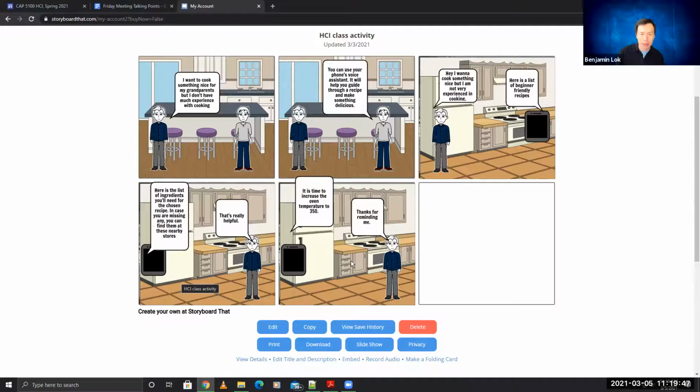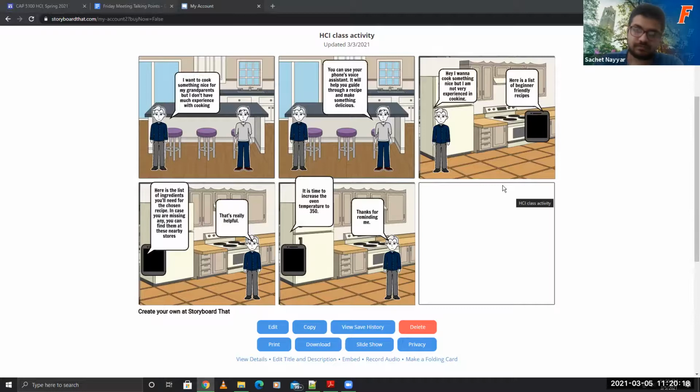Okay. Yeah, I like that you focus on things such as beginner friendly ways, little cues and clues that the system can provide the user, that it's understanding what the user is needing at the moment, right? I would consider, for example, in slide 5, it is time to increase the oven. You could possibly phrase it in a way that sees whether the user needs a reminder, right? So anyways, overall, I think good job.